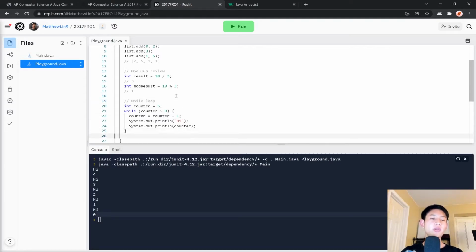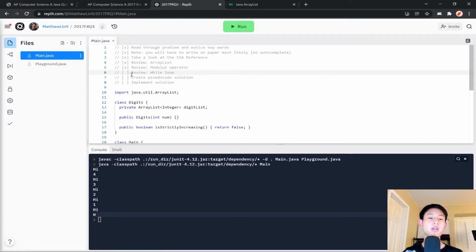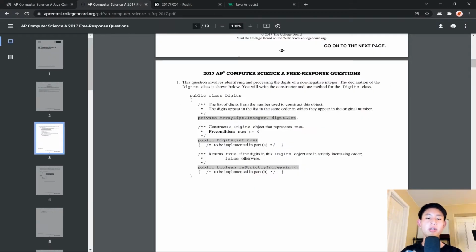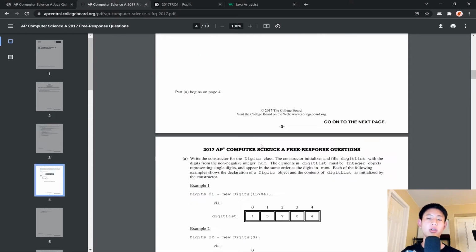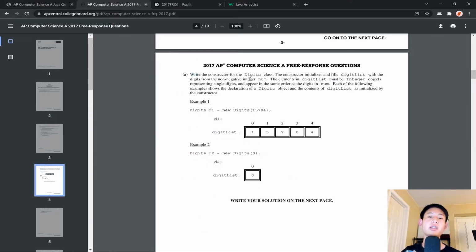So now that we have all of those concepts out of the way, we are able to go ahead and get started with our solution. So to take a look back at our question here, what we need to do is create the constructor. So write the constructor for the digits class. The constructor initializes and fills digit list with the digits from the non-negative integer num. The elements in digit list must be integer objects representing single digits and appear in the same order as the